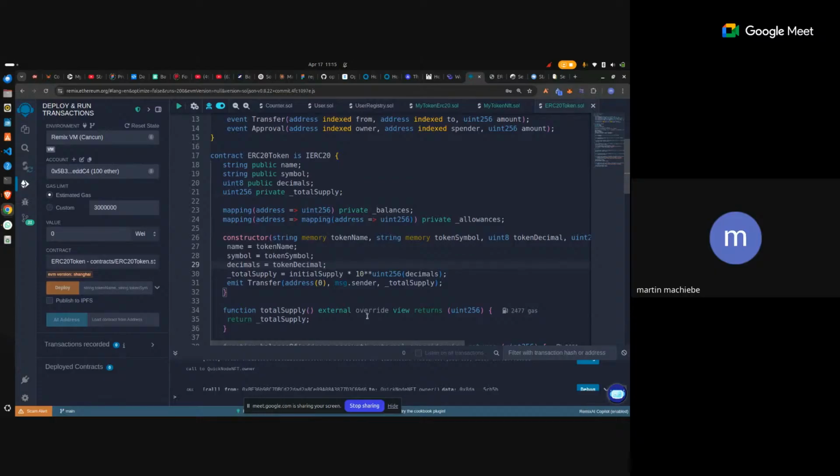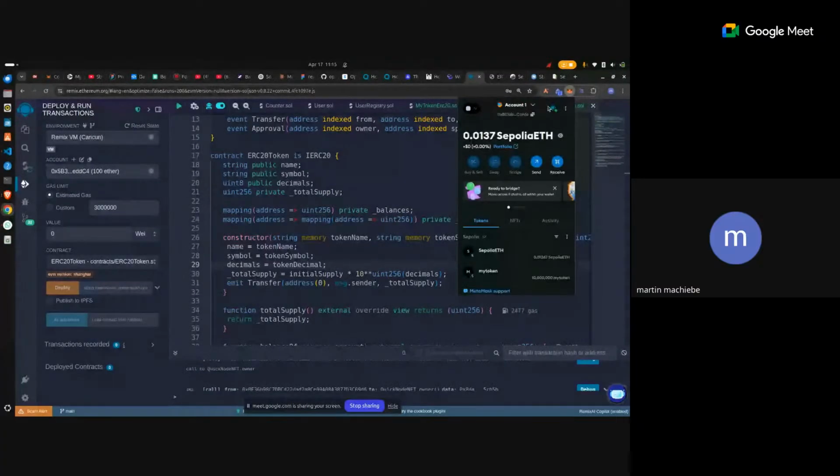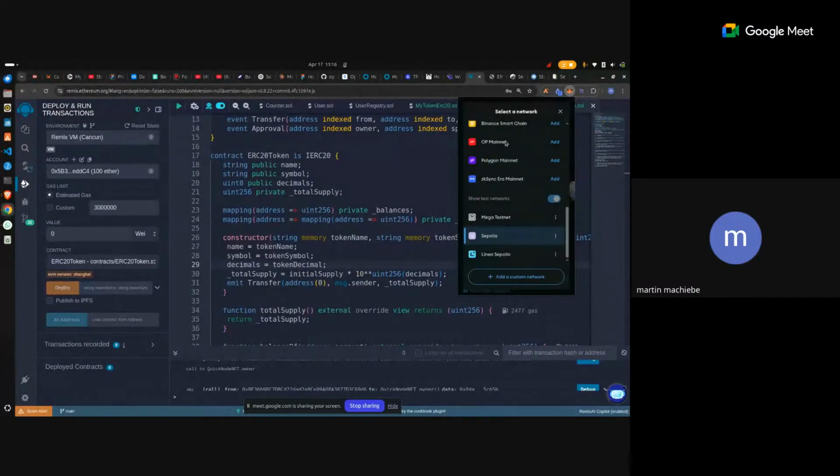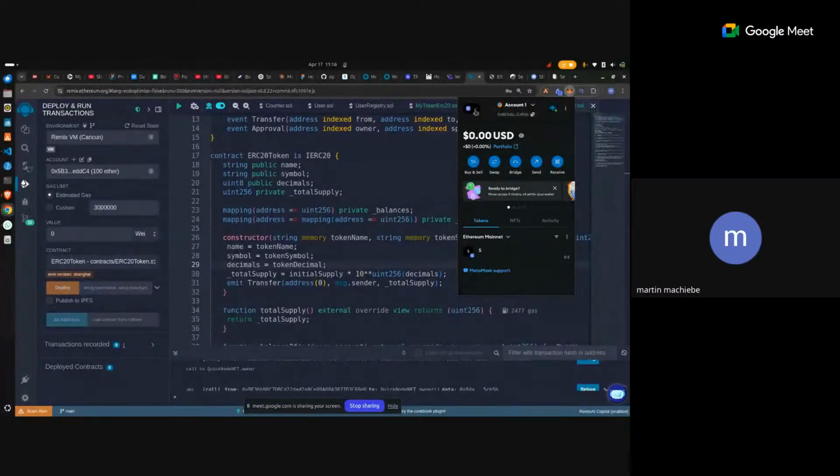Yeah, so the first thing you want to do when deploying your contract is, what? You need to make sure you have your what? MetaMask. So please listen attentively. You need to make sure you have your what? MetaMask. And also make sure that if your MetaMask is on Ethereum mainnet, which is this, make